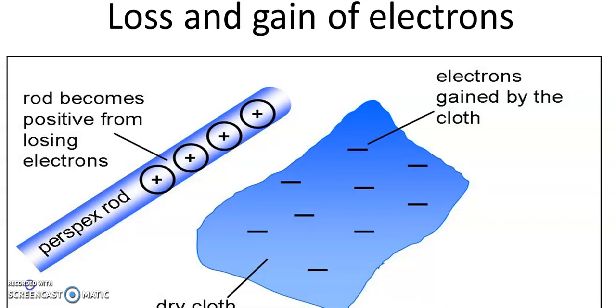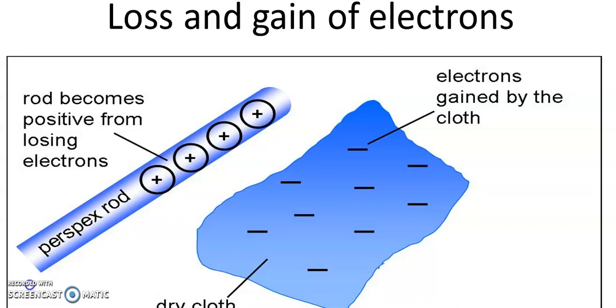When an object loses electrons, it is said to be positively charged. Hence, there are no charges like positive charge and negative charge in nature. It is just Benjamin Franklin, the scientist, who named the two types of charges as positive and negative charge based on gaining and losing the electrons. So now let us see this in detail.